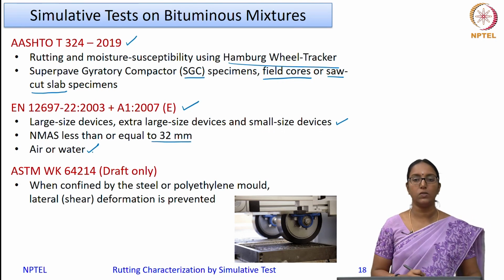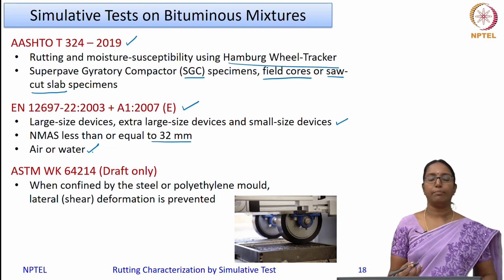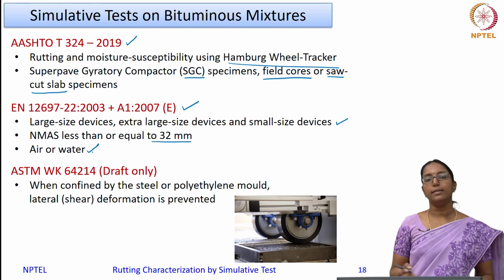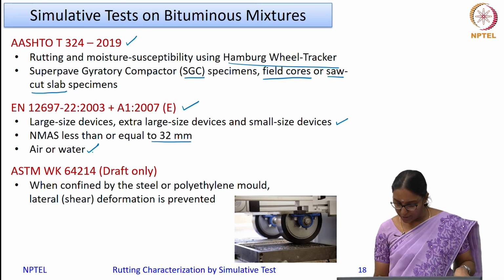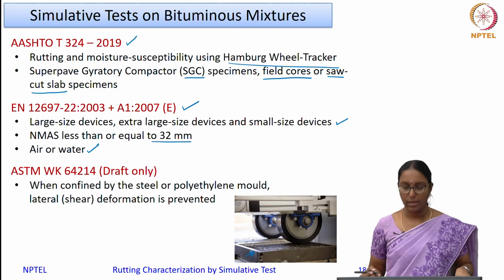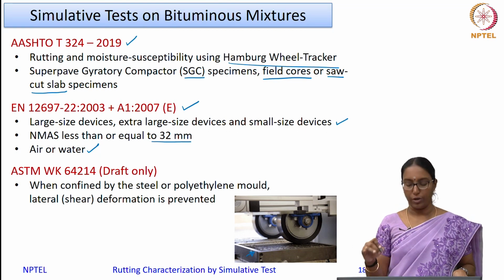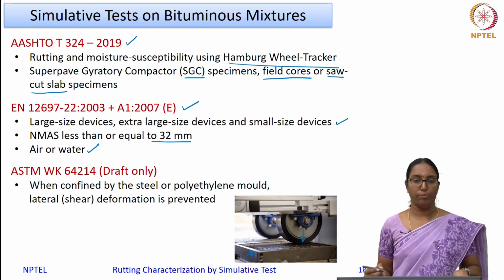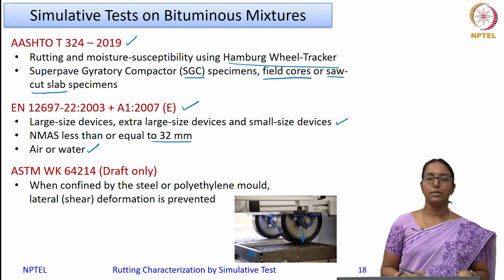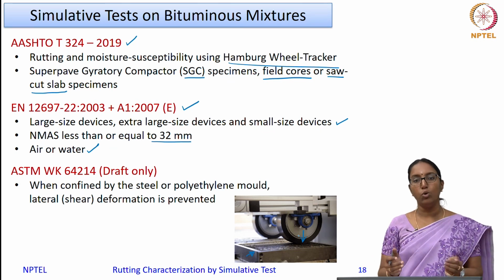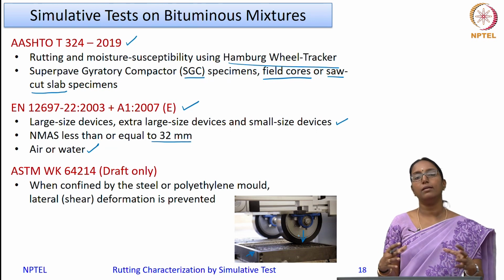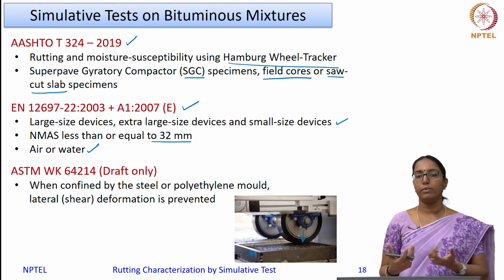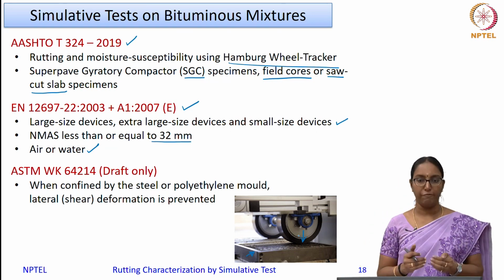Now, these two tests differ in the way in which the load is applied, the sample preparation and things like that. In both the tests, the sample is prepared in a fixed mold, as you can see here. This is a steel mold in which the sample is cast, either a slab or a cylindrical specimen, and then the wheel load travels on top of it. The major problem with this is that the mold offers a very rigid confinement to the material. So, even if the material tries to flow, it will not be able to do so, since the edges are fixed in nature.